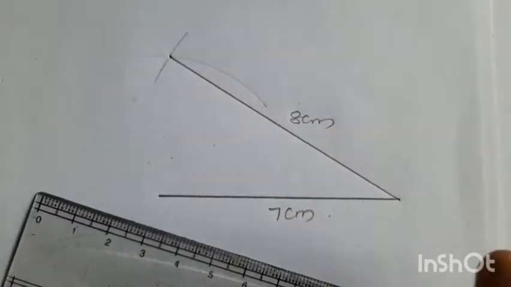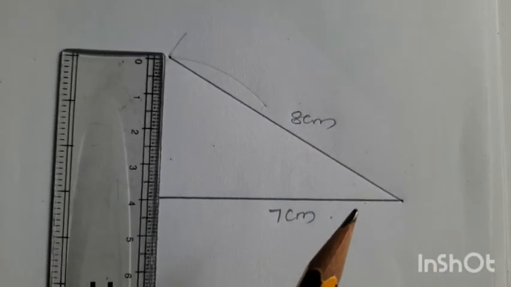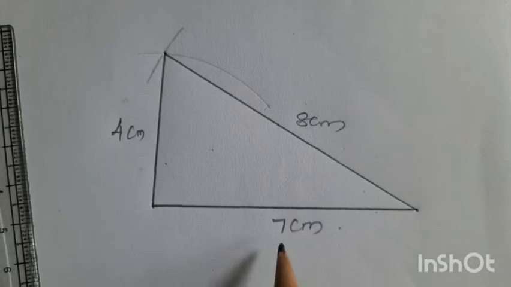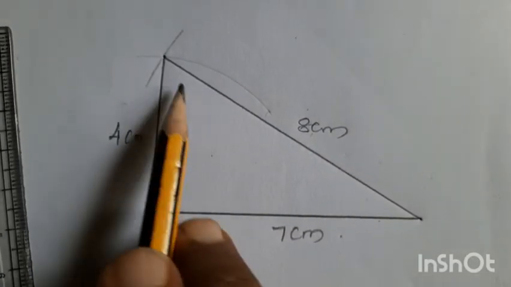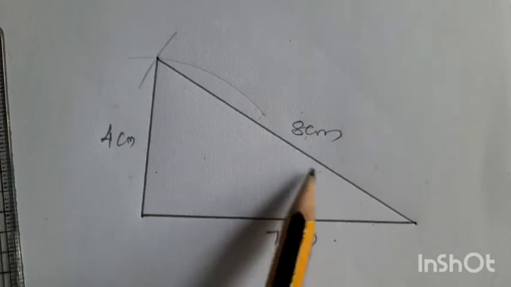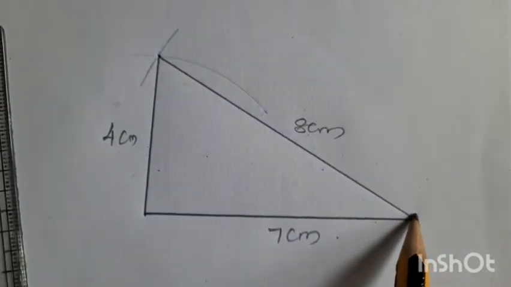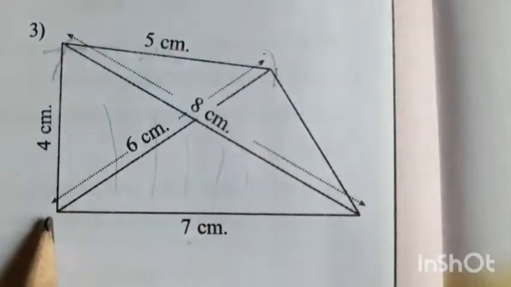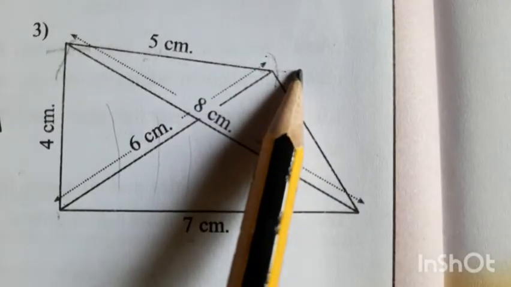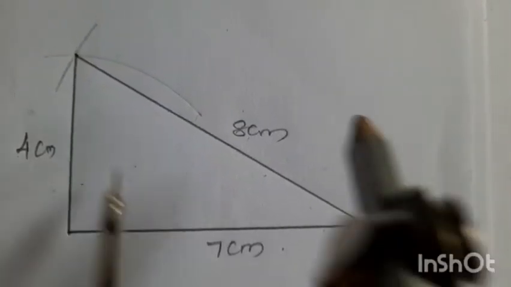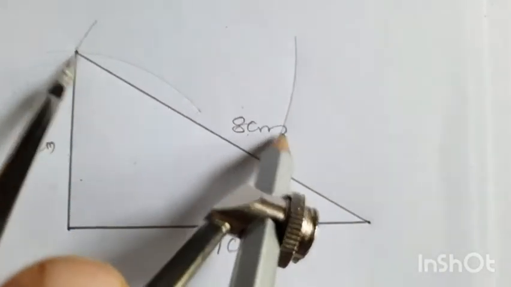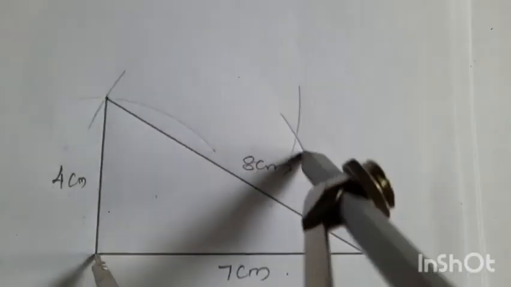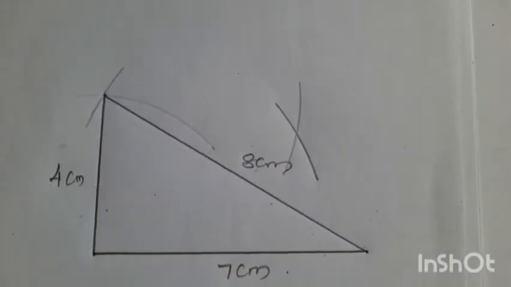8 centimeter. Next we are drawing a 4 centimeter line. So we completed the first triangle with the sides 7, 8 and 4. This is the actual diagonal itself. Next we are drawing the next triangle at this point. From this point we have to draw a 5 centimeter arc, and from here a 6 centimeter arc. Draw a 5 centimeter arc from this point. Draw the next 6 centimeter arc, the diagonal we are drawing.